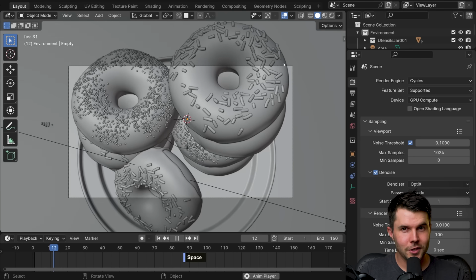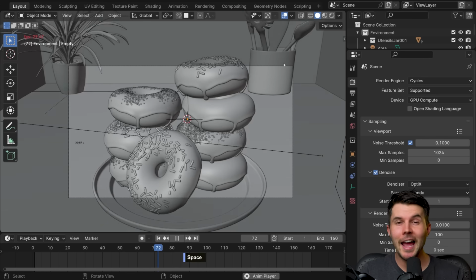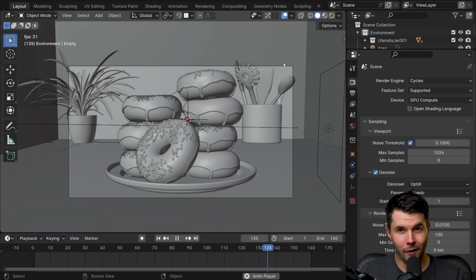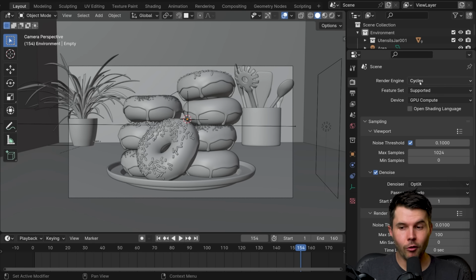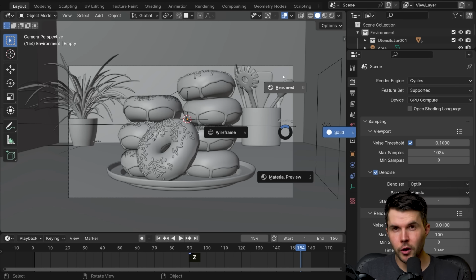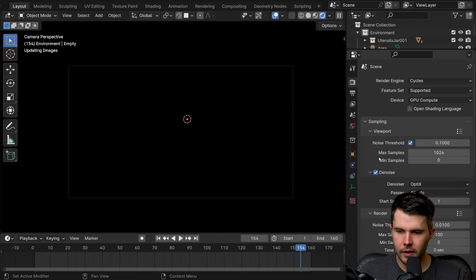We've got the donuts, we've got the animation. Now it's time to do our final lovely render. So we are rendering using the Cycles rendering engine, which, to jog your memory from the rendering video, the way